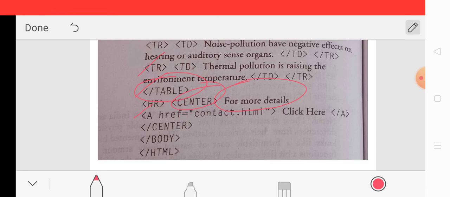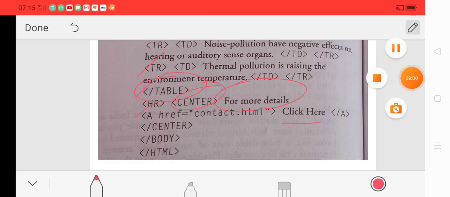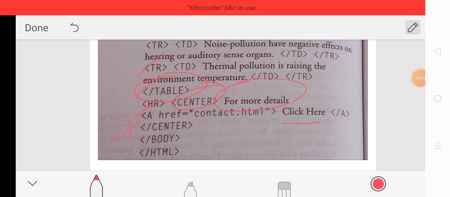After that there is a line, "for more details click here", and "click here" is basically a link. So we convert it into a link by using the anchor tag. We write a, then href. With the href attribute we write the address of the web page, that is contact.html, as given in the question. After that we close the center tag, then the body tag, and at last the html tag.